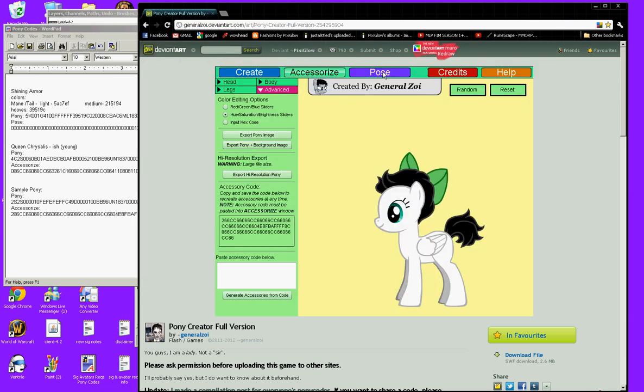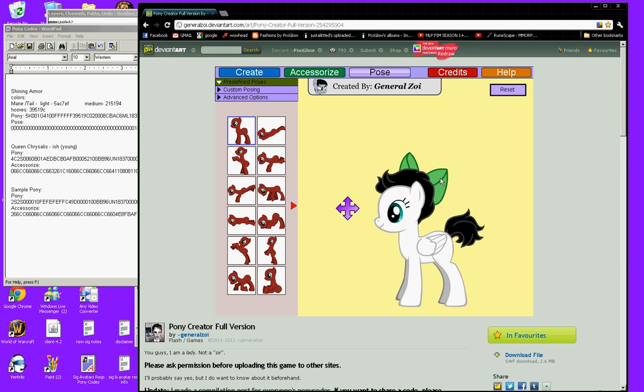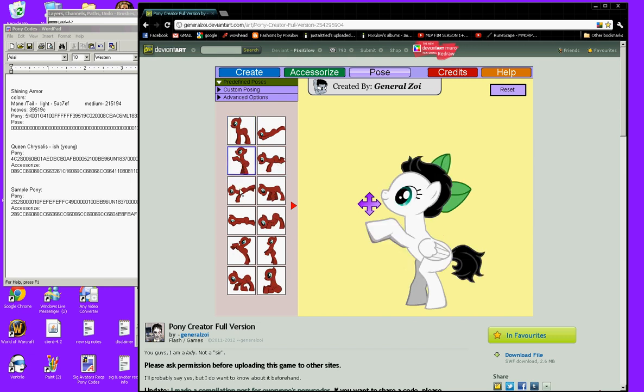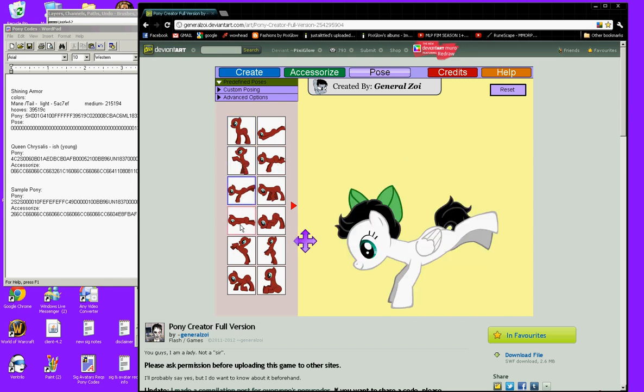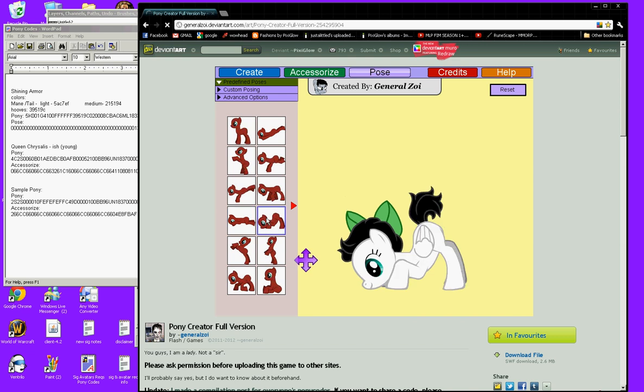Okay, now we're going to go into the pose section. There's a couple of things that you can do in here. You can start with your basic pose, which is the default. You can choose a different type of pose. Any of these are fine. You can also take one of these poses and customize it. So